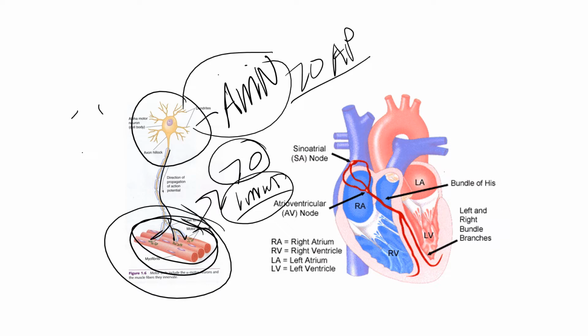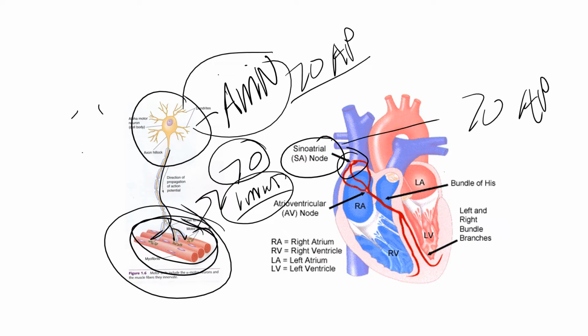Cardiac muscle fibers, again, there's a specific group of cardiac muscle fibers that we collectively call the SA or sinoatrial node, as we're going to talk about very shortly. Cardiac muscle fibers actually have the ability to generate their own action potentials without having an action potential passed to them, right? So if you want cardiac muscle fibers to generate